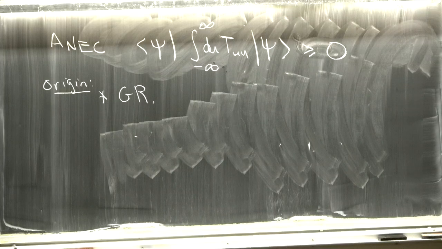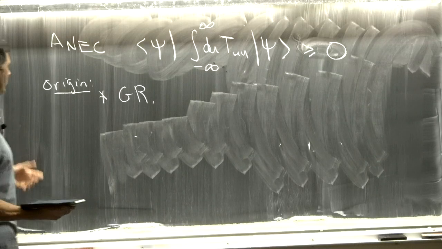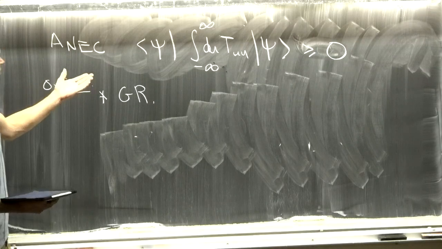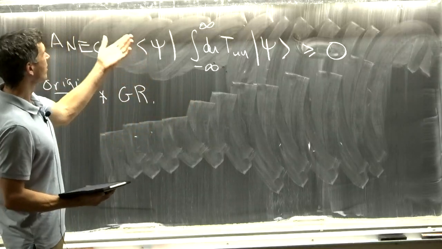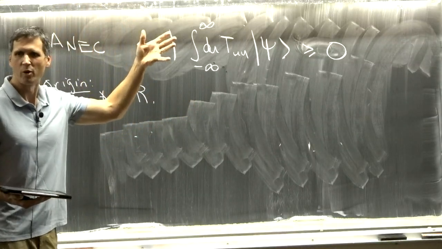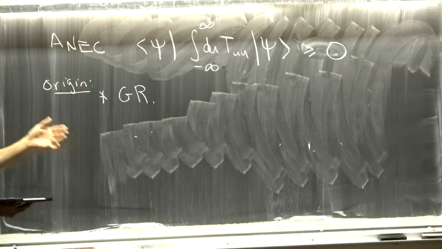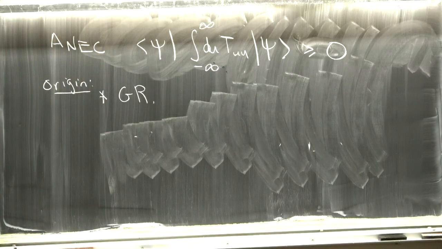So this was sort of a puzzle and a loophole in the theorems that people had in GR, like no closed time-like curves, et cetera. And so the relativists began looking for a better assumption that was actually true in quantum field theory. And they did that by smearing the stress tensor. This theorem about it having infinite extent goes way back to the 70s, so they were aware of this. They started smearing the stress tensor and looking for the minimal smearing that they could do,